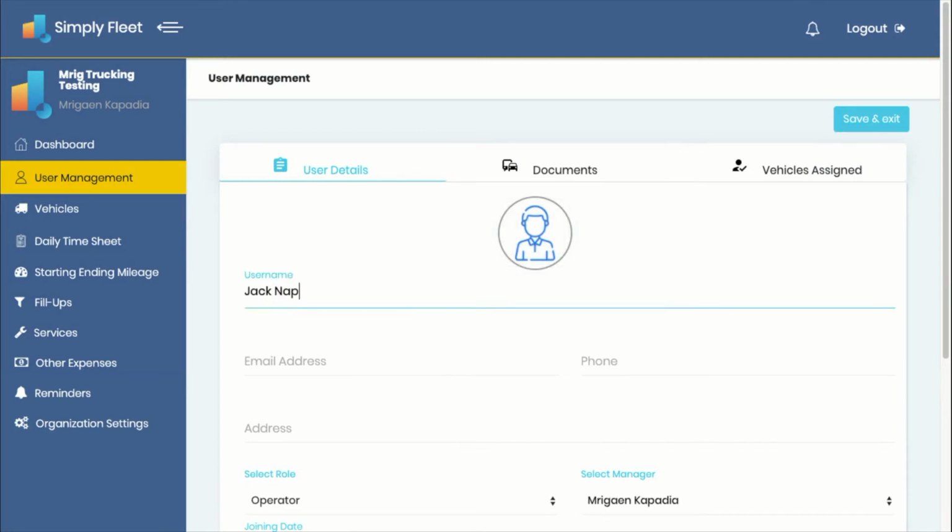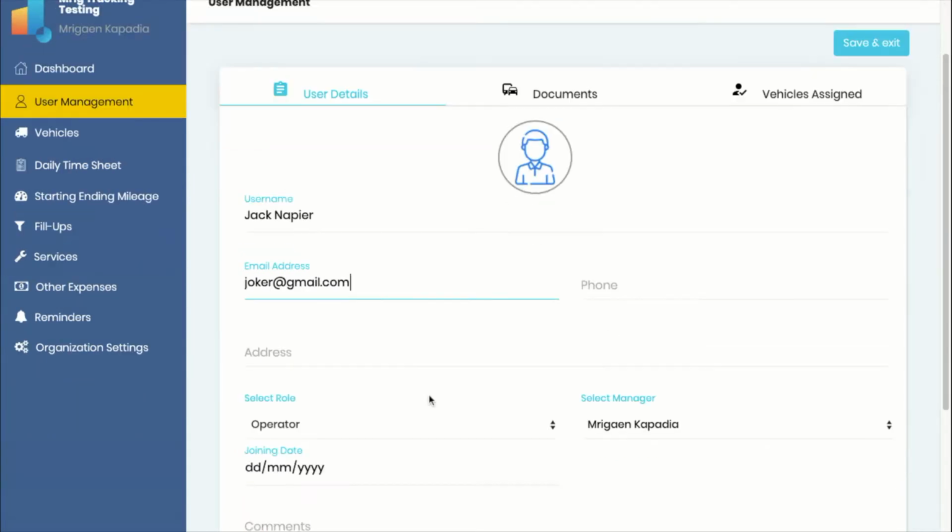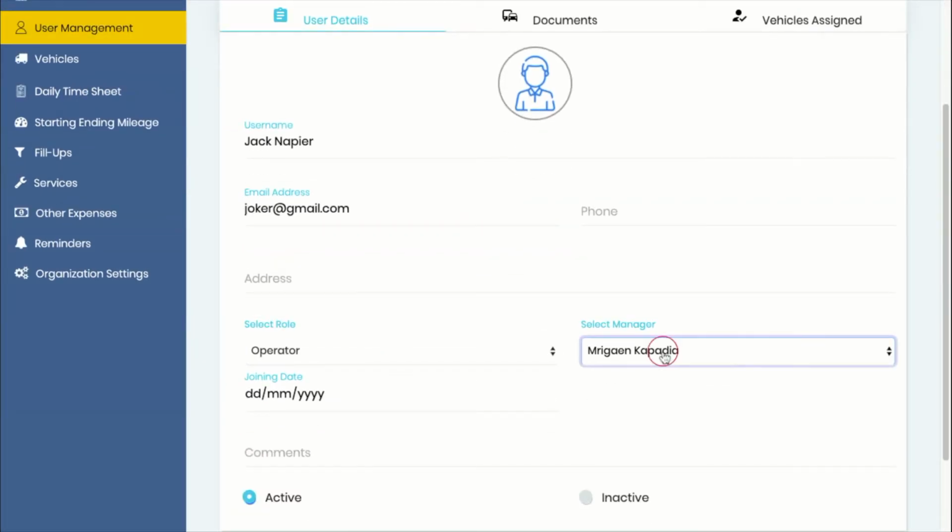On this page, you need to enter details of the user. You need to at least enter the user's name, email, role, and manager so that he is registered in your organization. We offer three roles in Simply Fleet: admins, managers, and operators. The scope of each role will be discussed as and when applicable in these tutorials. Keep in mind that only admins and managers have access to the web application, whereas the mobile application is available